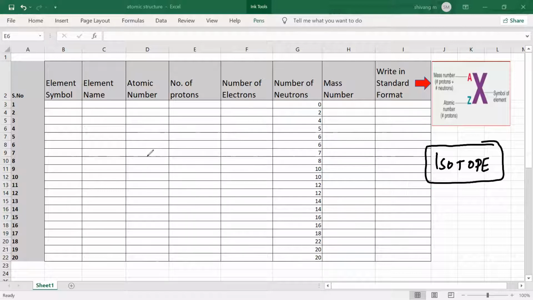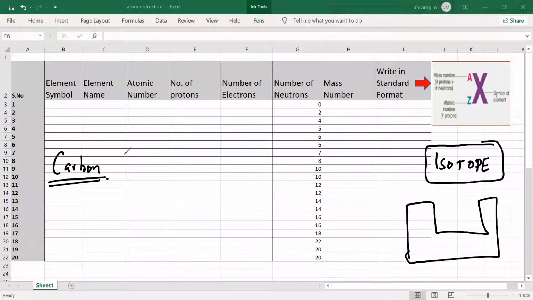Yes, sir. So let us say that I take an example of, 1 second. So Satya, 1 second. Okay, let us take an example of carbon. Now carbon, again, when we look at the periodic table, I'm telling you that the atomic number of carbon is, Mr. Satya, can you tell me?